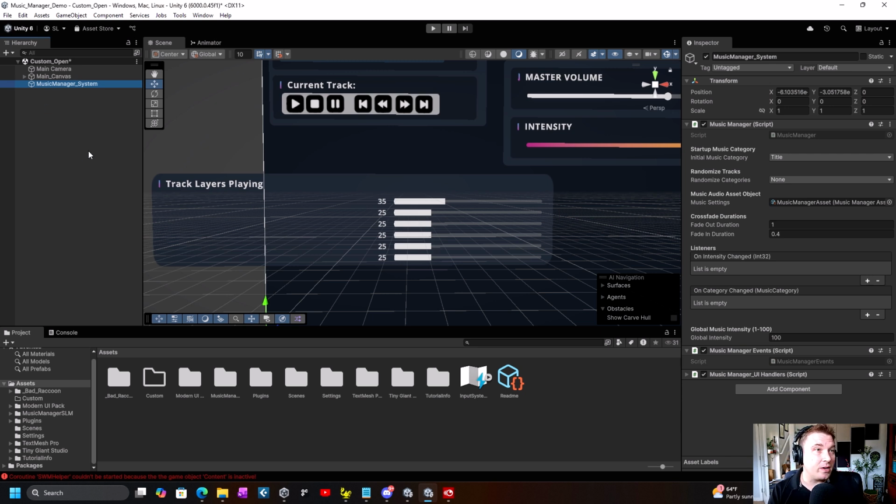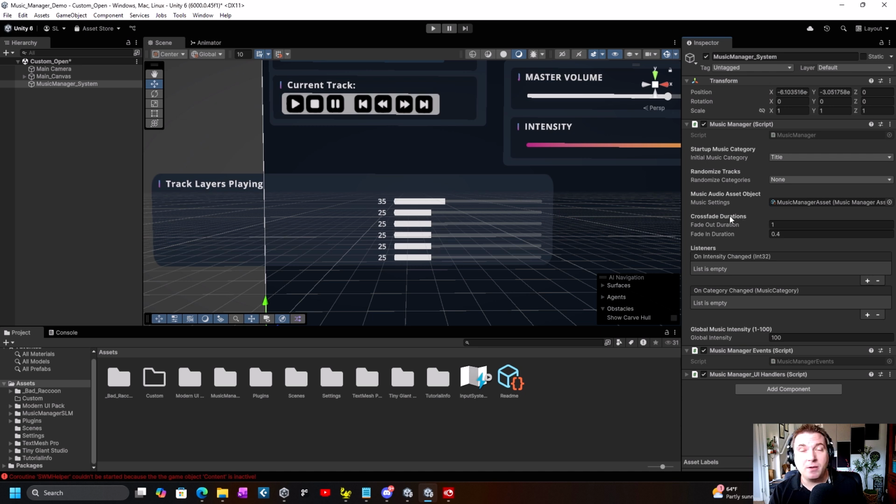If you move to scene 3 and there's a new object, it will simply pull in the new data, the new preferences. For instance, in this scene, we want the startup music to be the title scene. I want to randomize tracks. I can say I want to randomize everything under the sun, or I only want to randomize the battle. There's a couple other settings in here, but